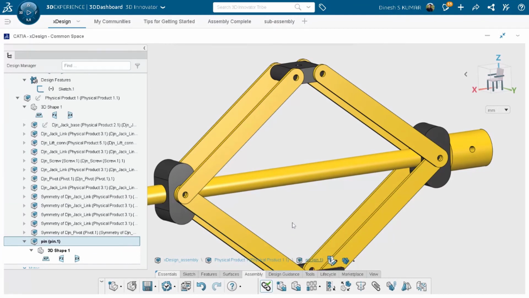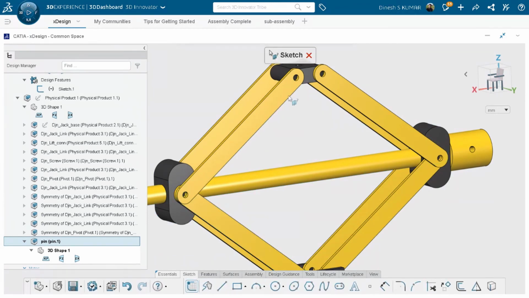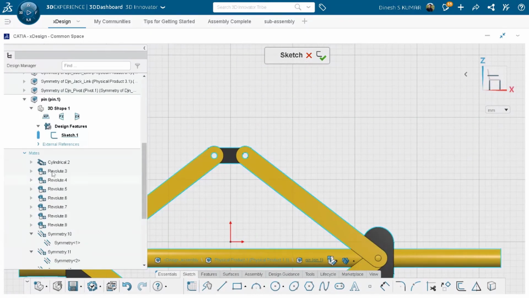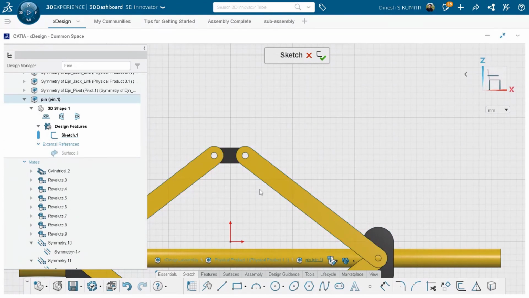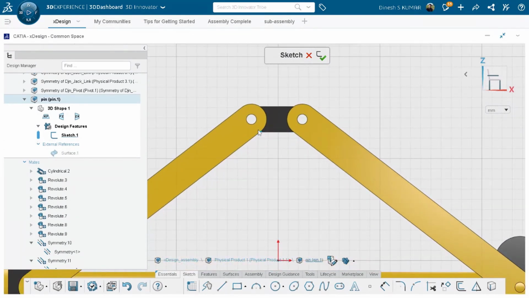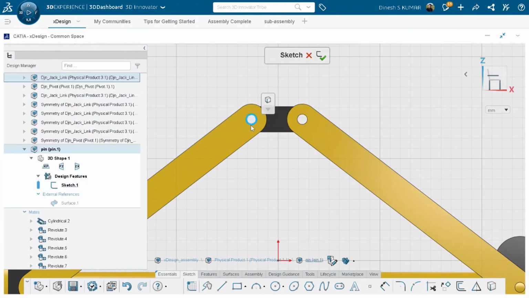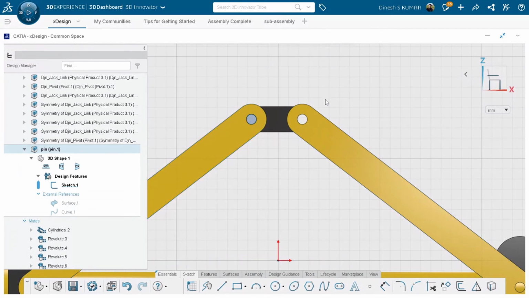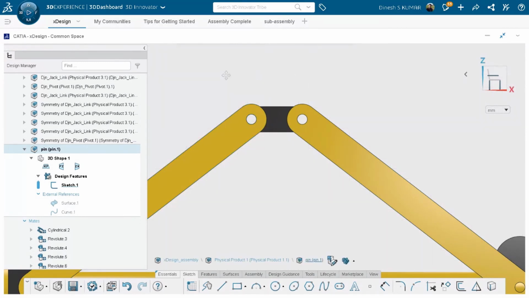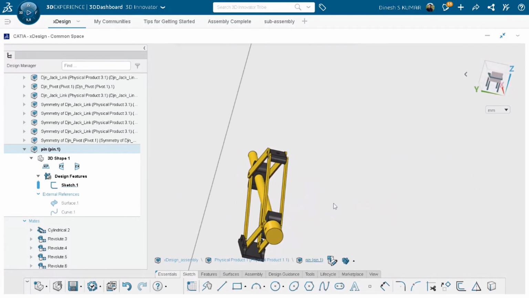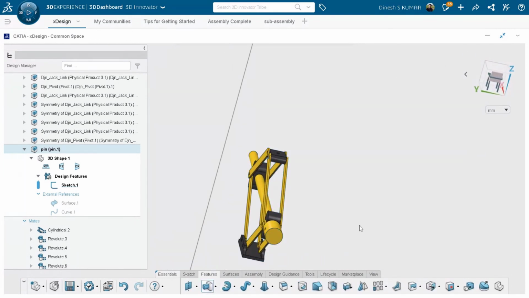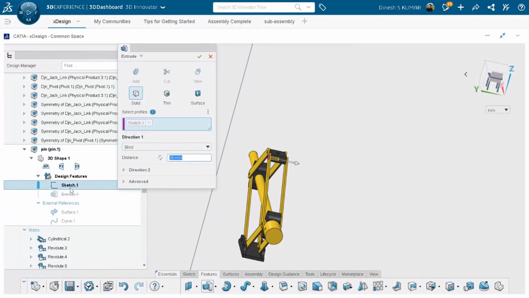With this option on, when you use some surface, like I want to create a sketch on this surface as a reference, you see that the external reference has been created for this surface. Similarly, if you want to use edges as a sketch entity, all these are taken as external references and the link is kept. So if you change the position of your inputs, then it will be updated in your sketch. Yes, so we can quickly create a pin